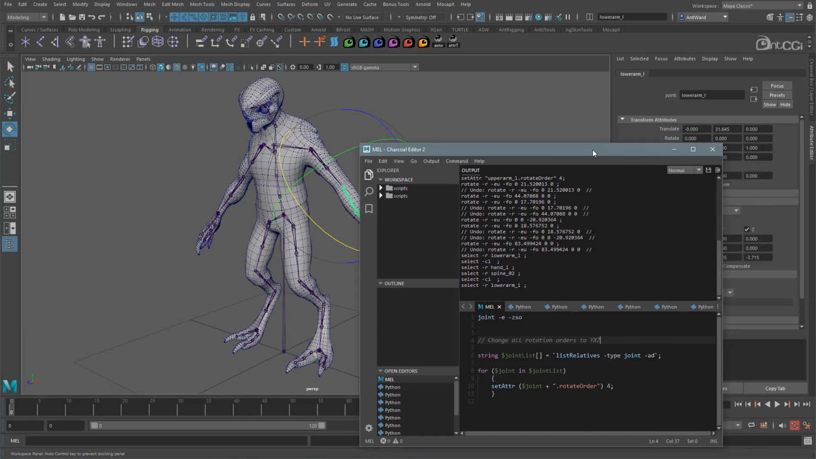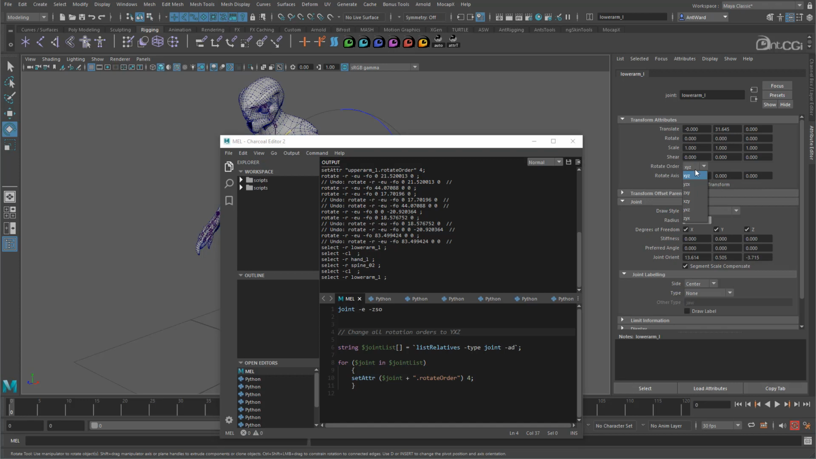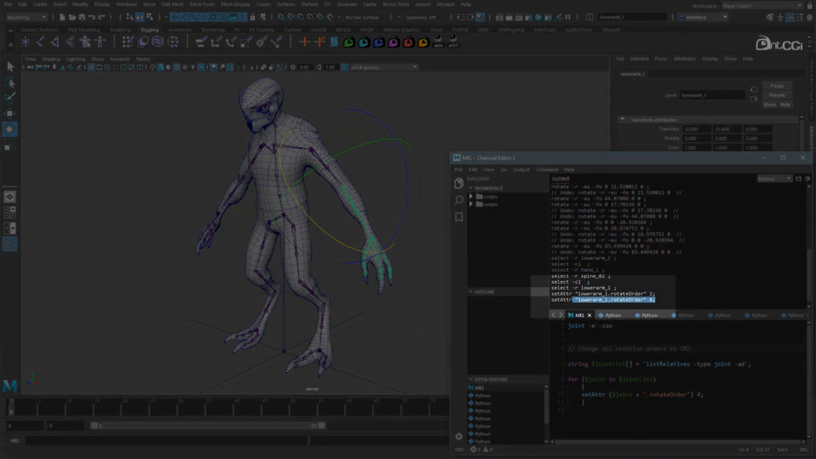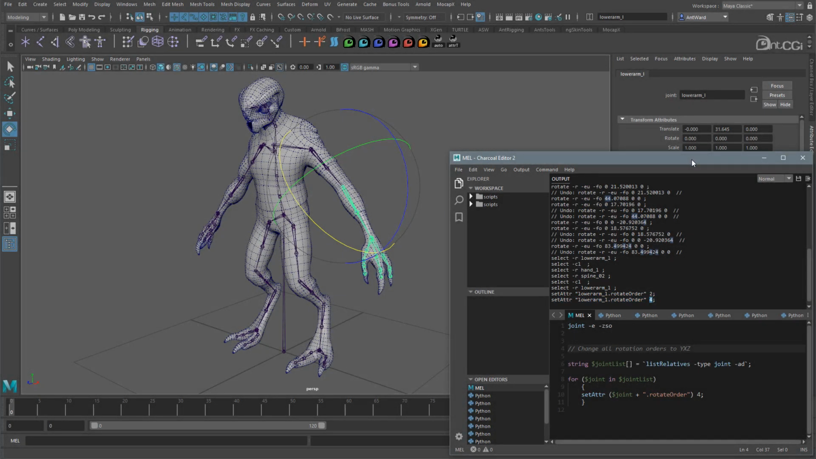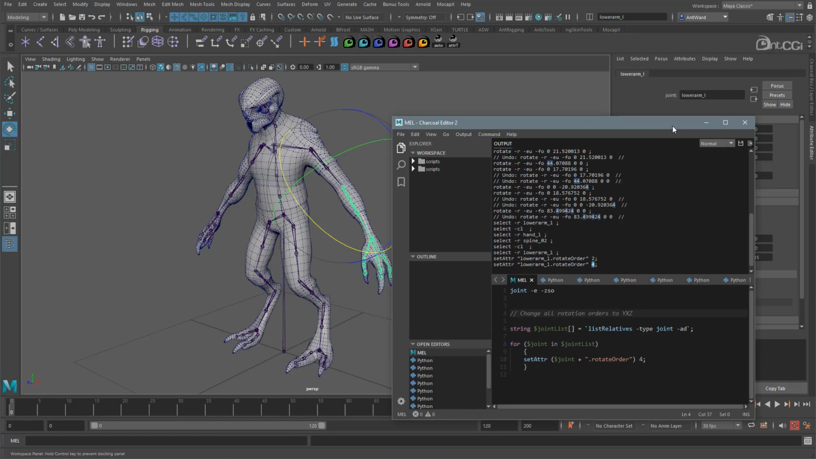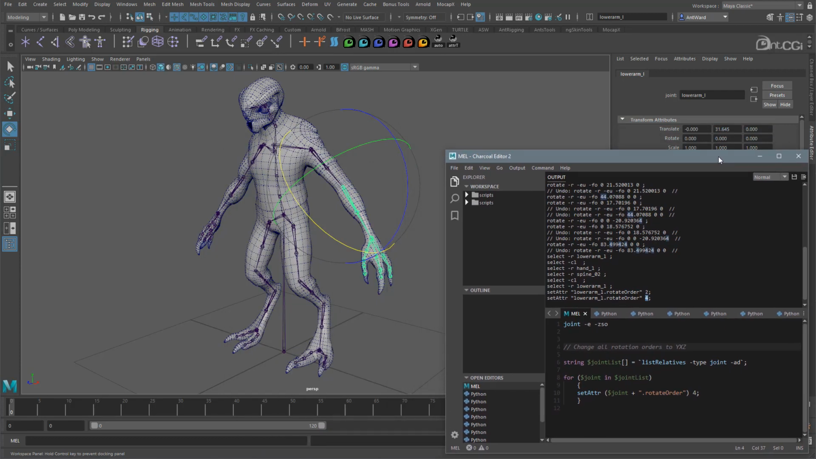If I move these over, and I'll just change the rotate order attribute, and then change it back. What you can see now is that Maya has given us the code we need to do this using MEL. The 4 represents the number of the item in the drop-down box. 0, 1, 2, 3, 4. They always start with 0, not 1. If I copied this now and ran it, it would set the rotate order for me on the lower arm